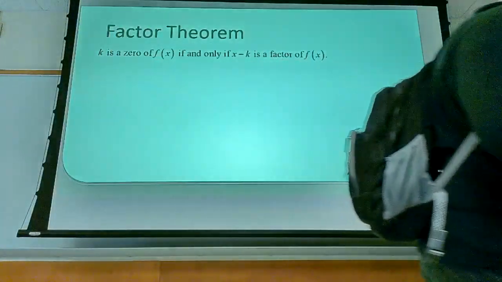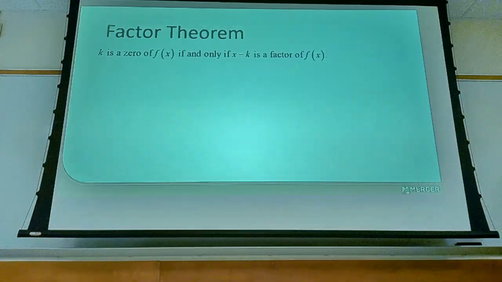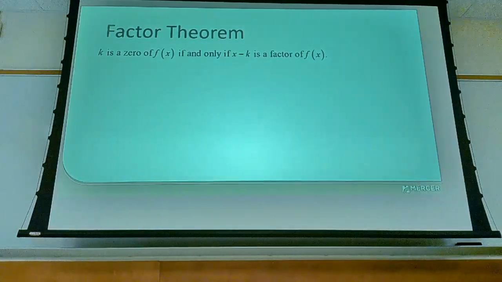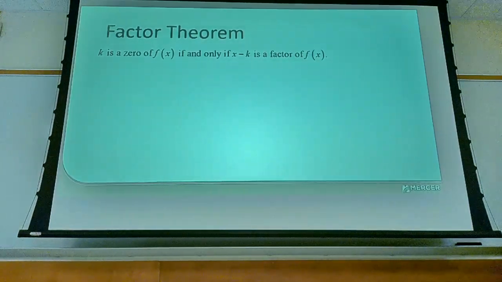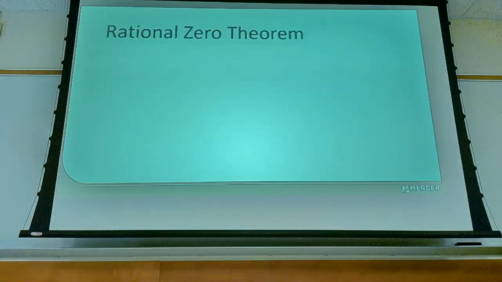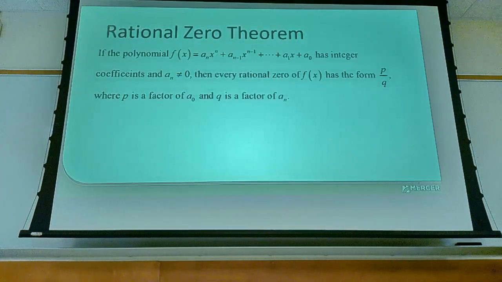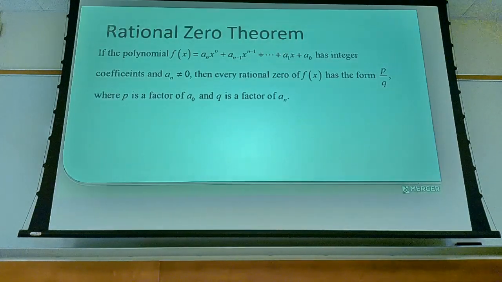The next result will allow us to determine the form of any rational zeros we may have. It's called the rational zero theorem. Given a polynomial with leading coefficient a sub n and constant term a naught, as long as those are all integer coefficients,